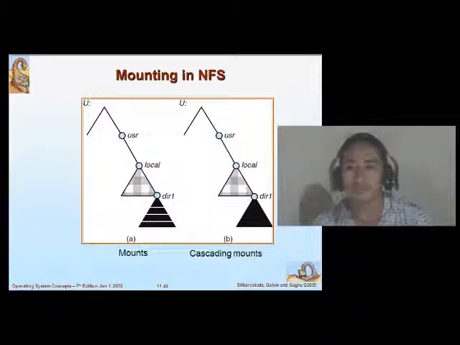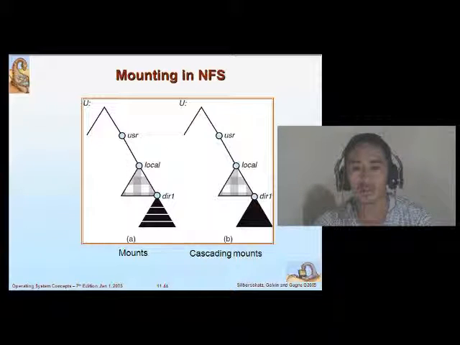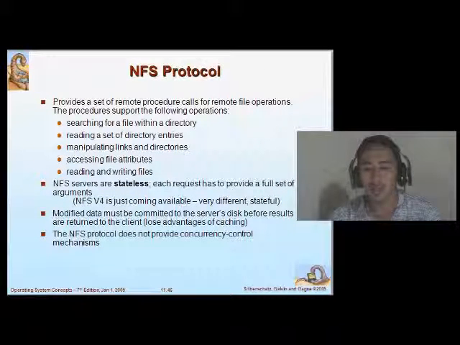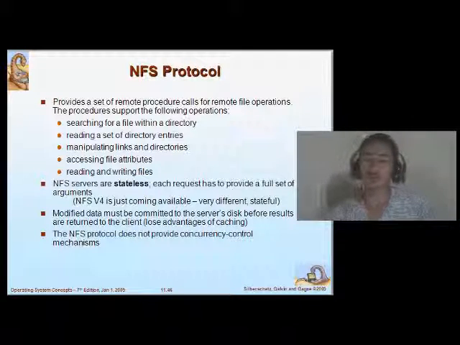The figure shows the result of mounting S2/USR/dir2 over U/USR/local/dir1, which is